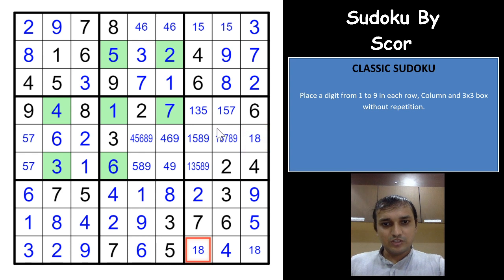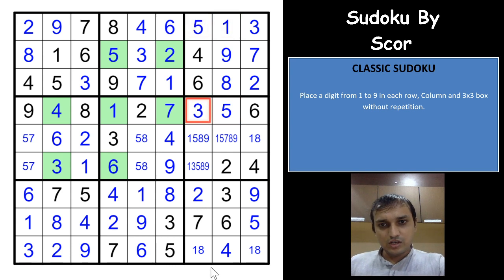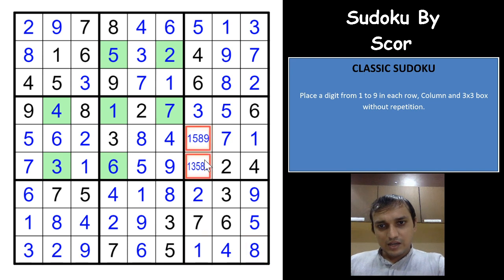Okay, so now it seems to be perfect. This becomes 4, this becomes 6, and you have a 4 here. You have 5 8 9, right? So this becomes 9, this becomes 5 and 8. Okay, and 1 7, so this becomes 5, this becomes 1 and 5. That gives you a 3 here, and 7 would have to be in these two cells. So this is a 7, that gives you a 5 and a 7. That gives you 8 and a 5 here. That gives you 1 8 1, and these two digits are 8 and 9. So this would have to be 9, and this is 8.